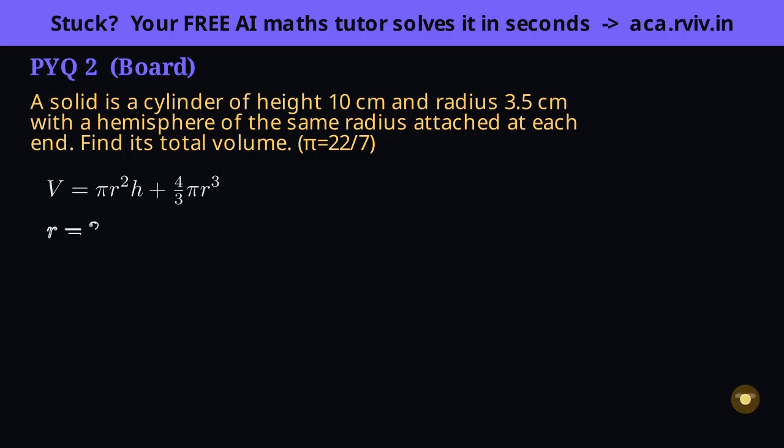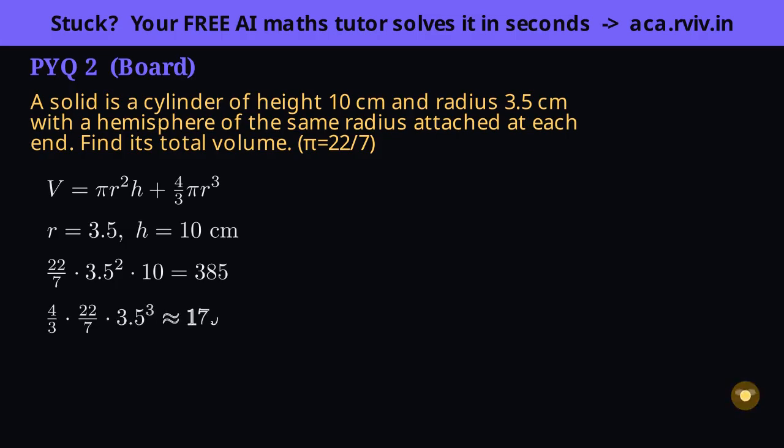The radius 3.5 and the cylinder's height 10 are handed to us directly, both shared with the caps. Cylinder volume is pi r squared h, 3.5 squared times 10, times pi as 22/7, a tidy 385. The two caps together are one full sphere, 4/3 pi r cubed, about 179.7. Add the tube and the sphere worth of caps for the total, about 564.7 cubic centimeters.